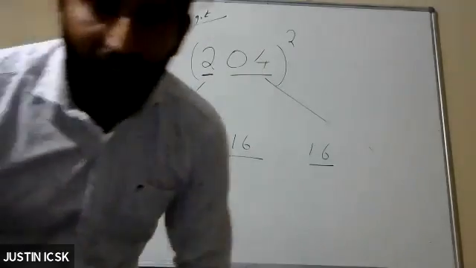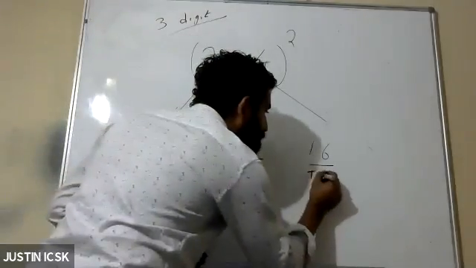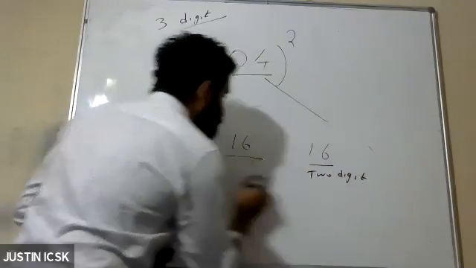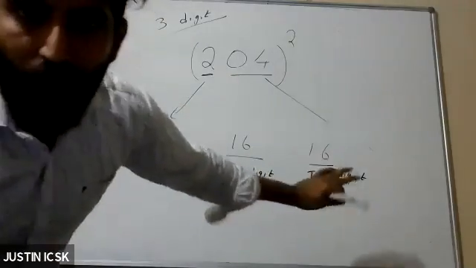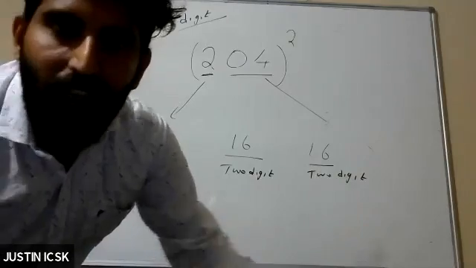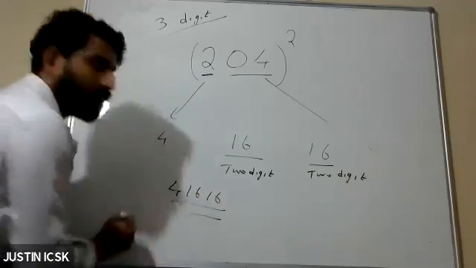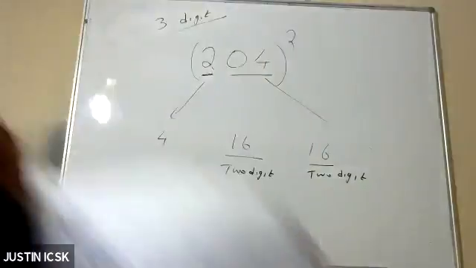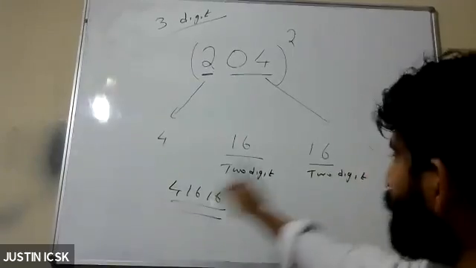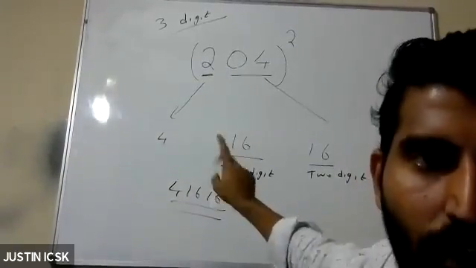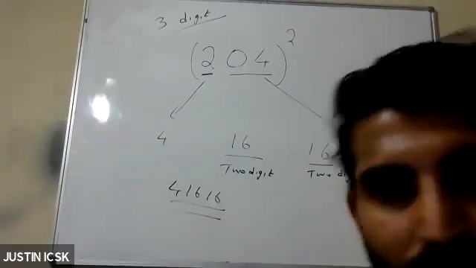Only one thing: previously I told you 1 digit here. Now I am telling you 2 digits here. Keep 2 digits there. Don't carry. If there are 3 digits, we will carry 2 digits. So your answer is 41616. That's the only difference. Don't carry. Keep 2 digits there because we are doing a 3-digit number. If there are 3 digits, we'll carry. Otherwise, don't carry.